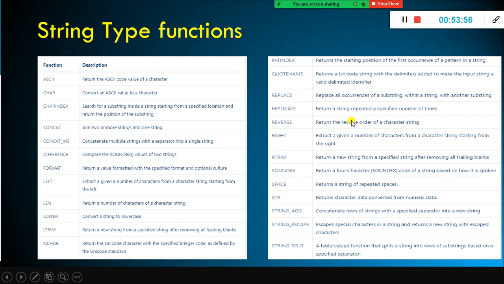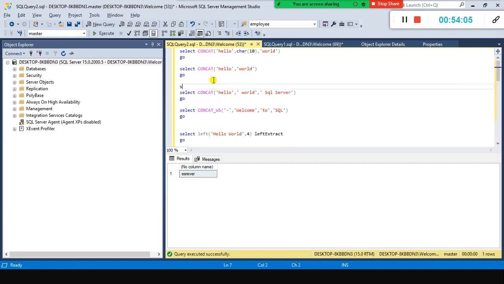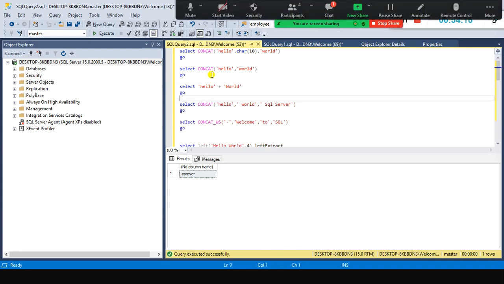Next we have CONCAT, which we have already seen. Instead of using this, can I try the plus sign? I don't remember if this is available in SQL. Hello world. It's not highlighting anything here, so I just select and execute it.